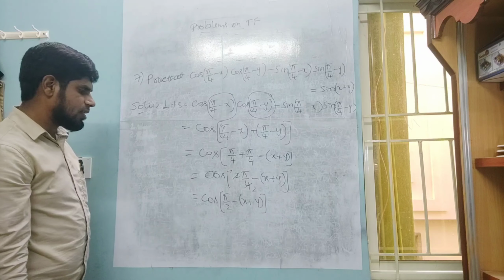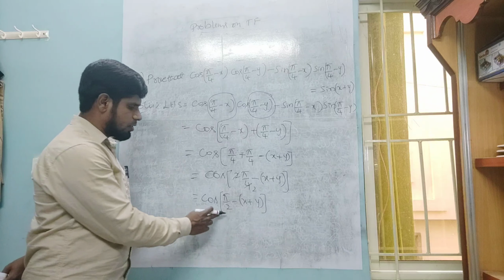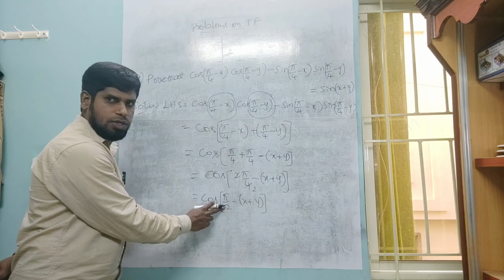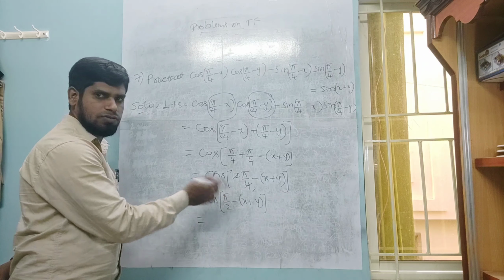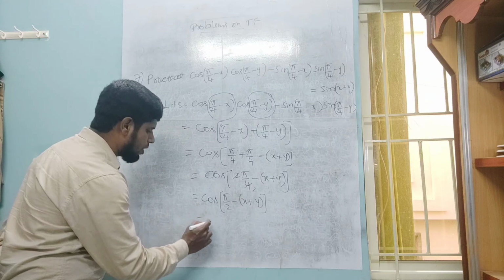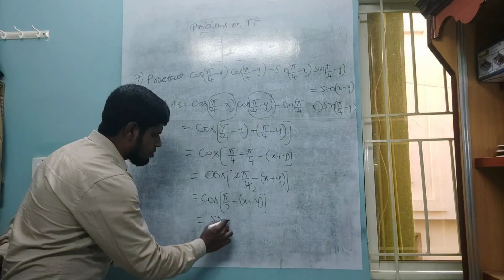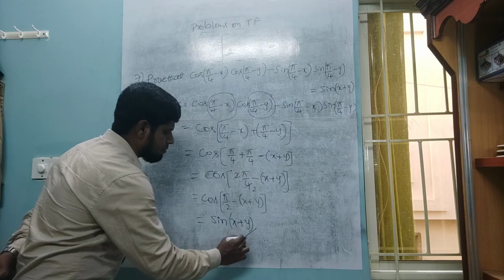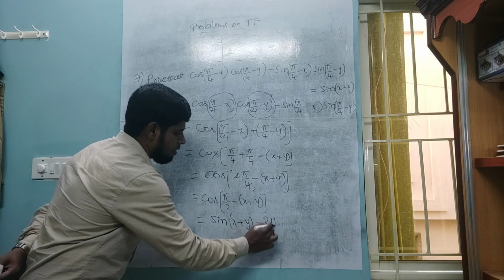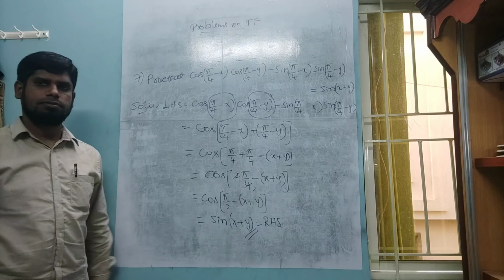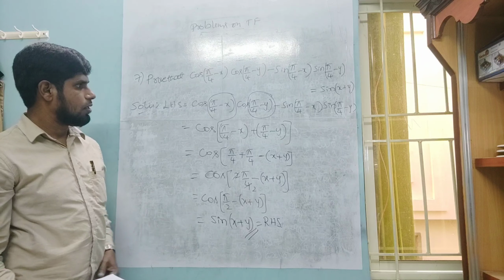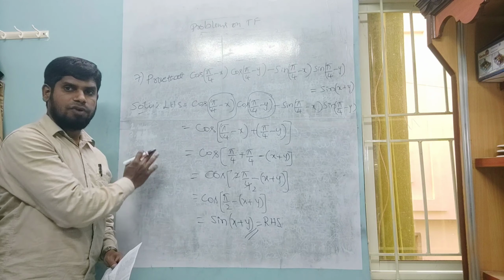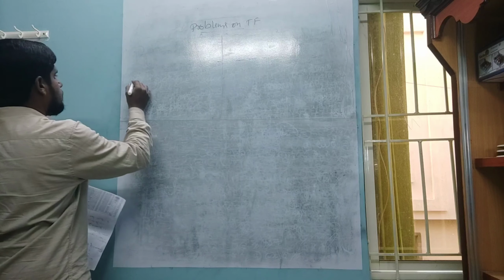So cos of 90 minus theta, according to allied angles, becomes sin theta, because when pi by 2, that is 90, and 270 come, ratios and co-ratios will interchange. Since this is a co-ratio, now a ratio will come. So sin, this quadrant vanishes, x plus y will come. This is the answer and this is our RHS. So students, this kind of problem they will ask for 5 marks.